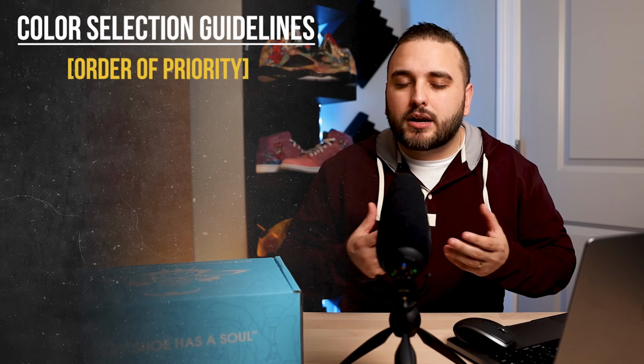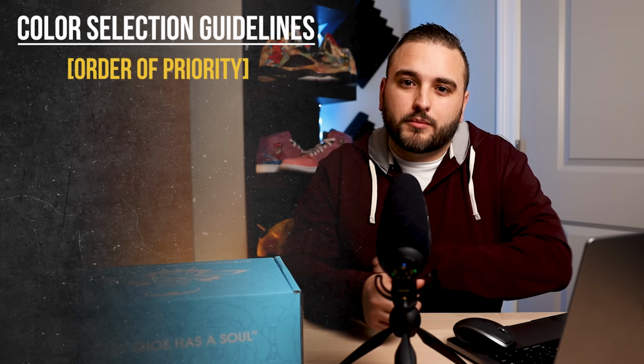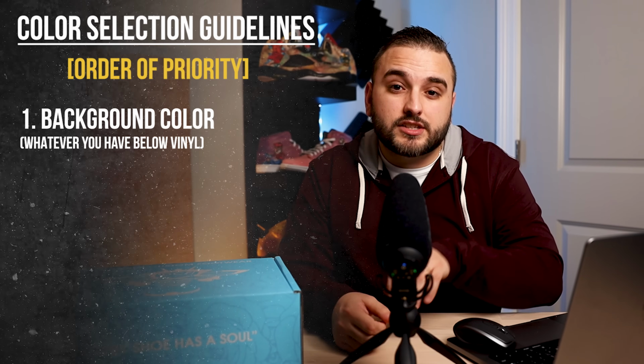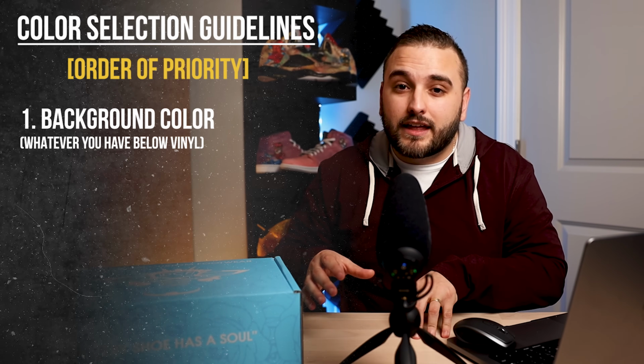I think that it can really vary on a case-by-case situation depending on the logo, depending on the background that you have underneath the stencil, but I do believe there are a few general guidelines, some rules of thumb that you can follow in order to make your own determination. First off, if your background color underneath the stencil is also one of the colors involved in the logo, I think that should be the first color that you lay down and then cover up with the